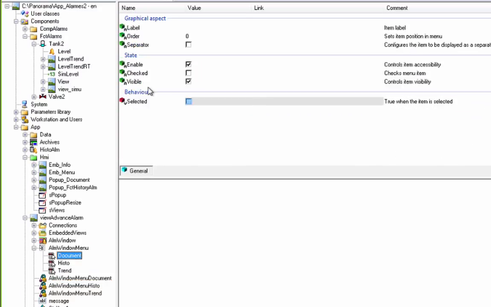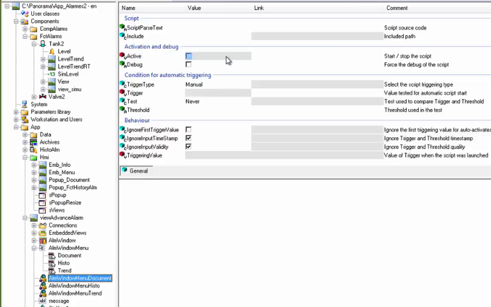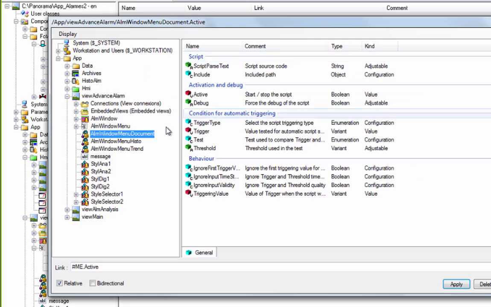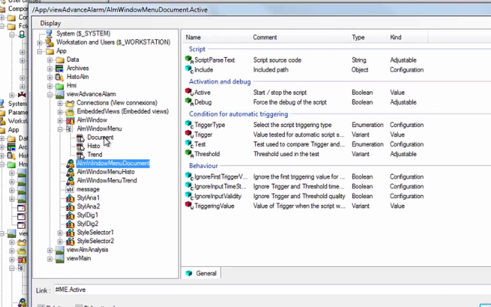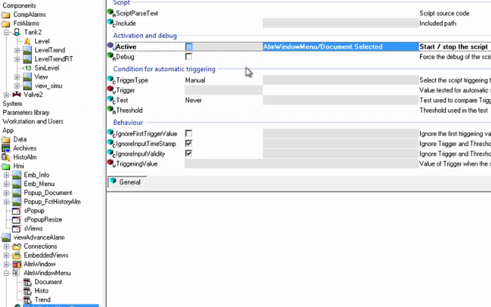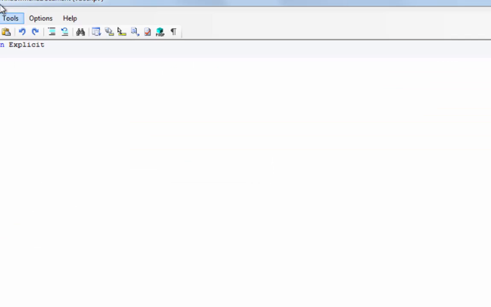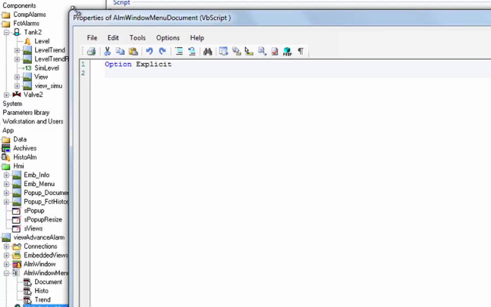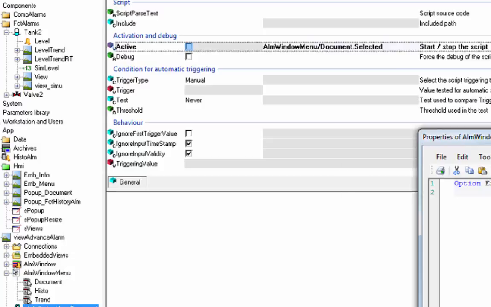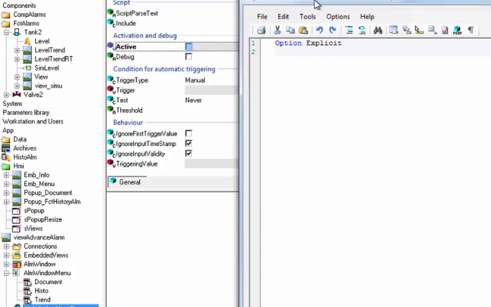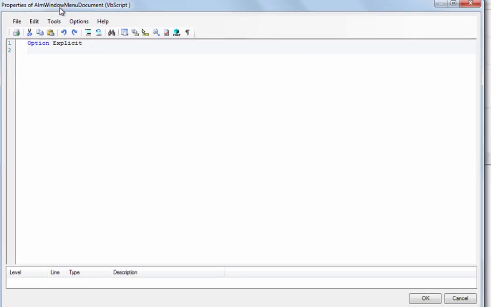The command has this selected property go to true when it's selected by the user. So it's very simple. Just link this menu command selected property to the active property of the script, and that will run the script. Now we need to write our script. Let's take a smaller screen. Okay, so the first thing we want to do